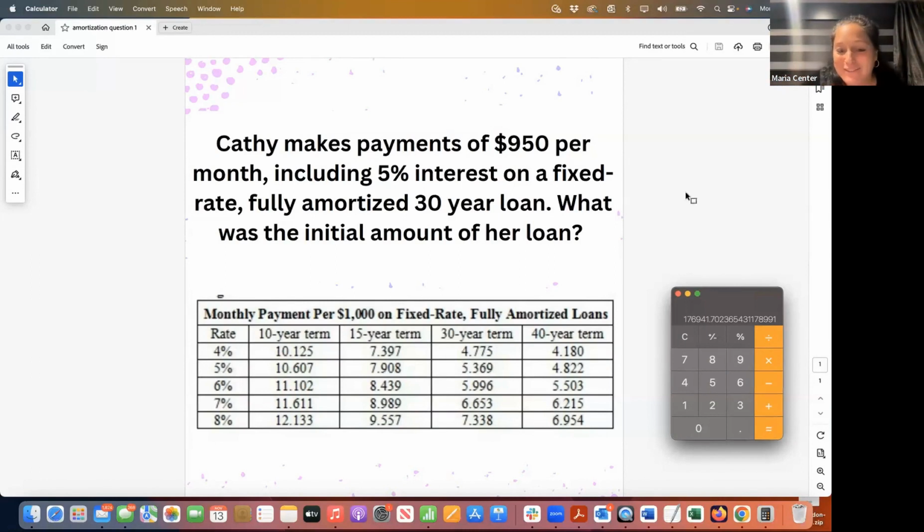Now I'm going to stop sharing. I'm going to switch gears. And now Candace is going to do question possibility type number 2 that we might see with the amortization chart. And I'll be quiet. All right. So